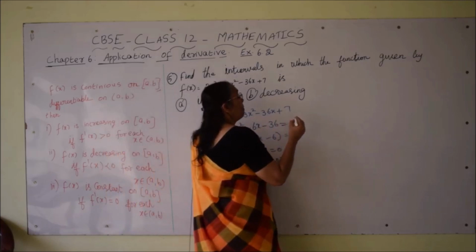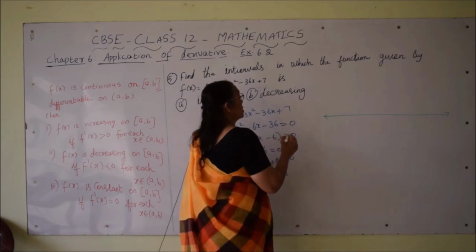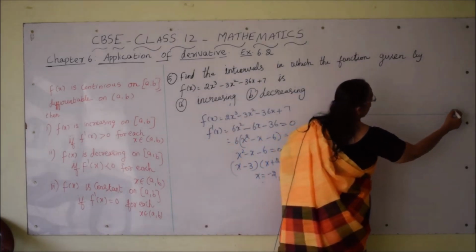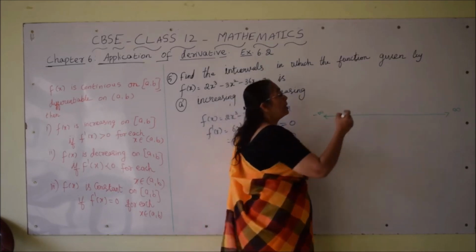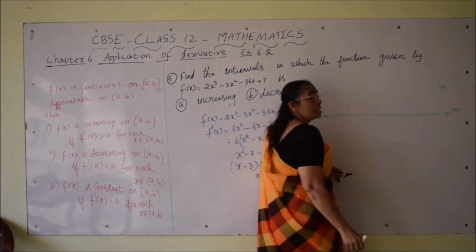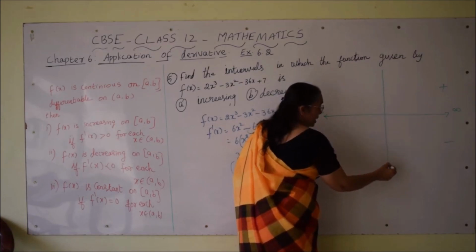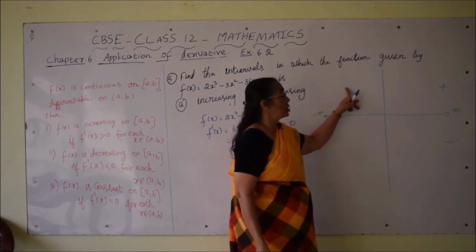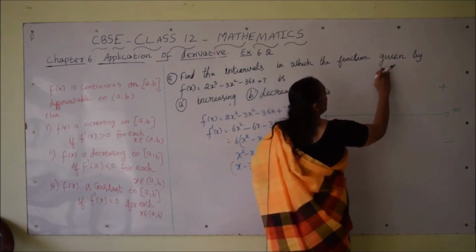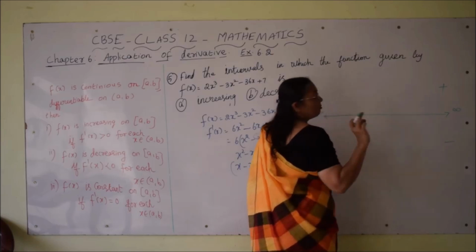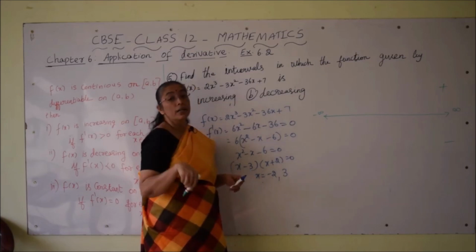So the complete real number system is now divided into 3 intervals. Here this is minus infinity, here plus infinity. We will be drawing only one number line. But always remember, if the curve comes up, it is positive, and if it comes down, it is negative. Because if I draw the y axis here, y is always positive here and y values are always negative here. So remember this concept. Once you find one interval where the function is increasing or decreasing, the other intervals can easily be found by sketching the curve.